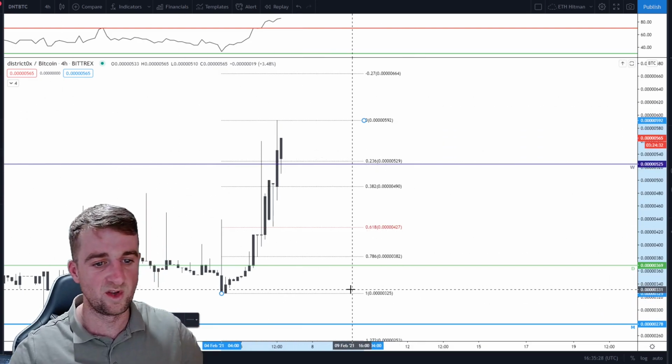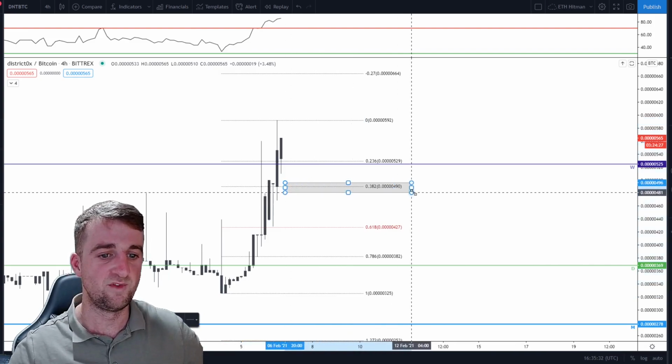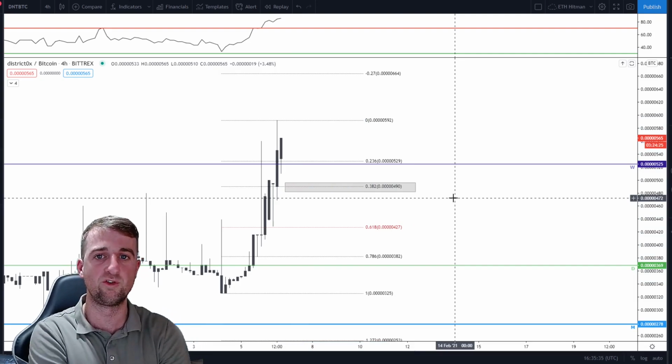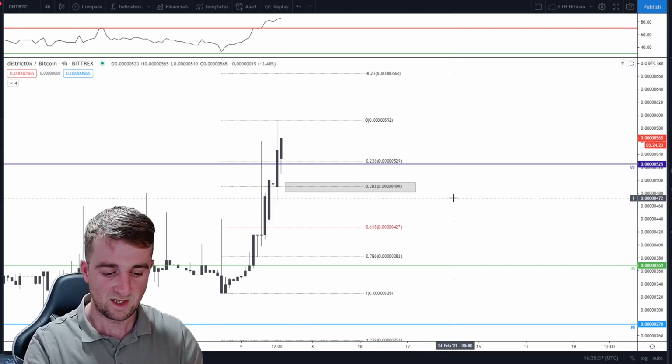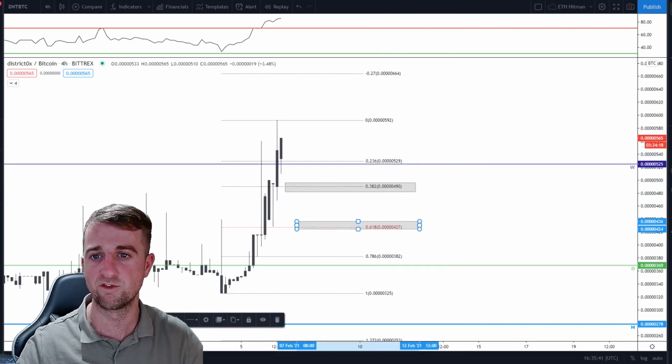But again, things can always flip round and pretty much head south. So this is a level I would target for buys at 490 satoshis. And if BTC keeps doing what it's doing, it is going on a bit of a run at the minute. If we just look at BTC,